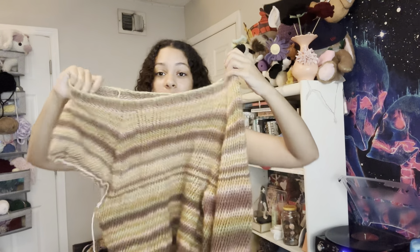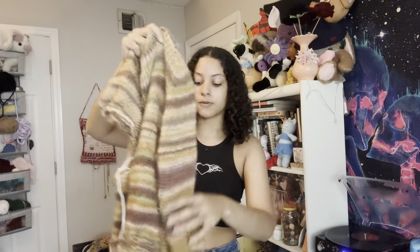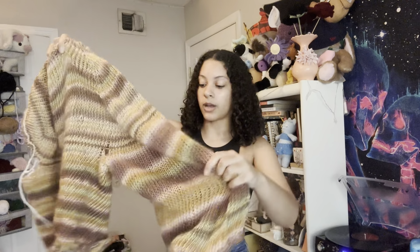And this was my first attempt at a raglan sweater. And I think from far away, you can't really tell what's wrong with it. But what happened was I was yarning over instead of yarning under for all of the knit stitches, which if you don't know is gonna completely twist your piece. You can tell it's kind of going to the right here when it's not supposed to, which sucks again